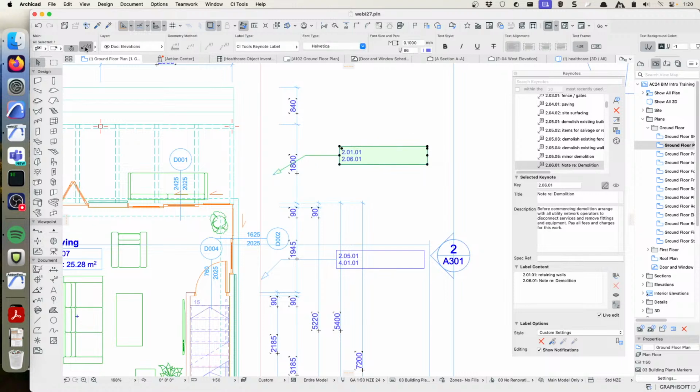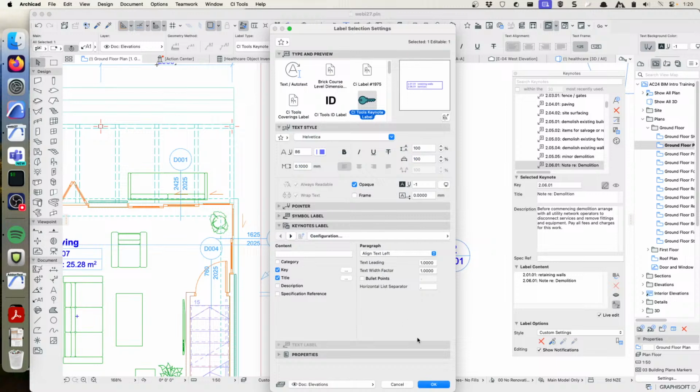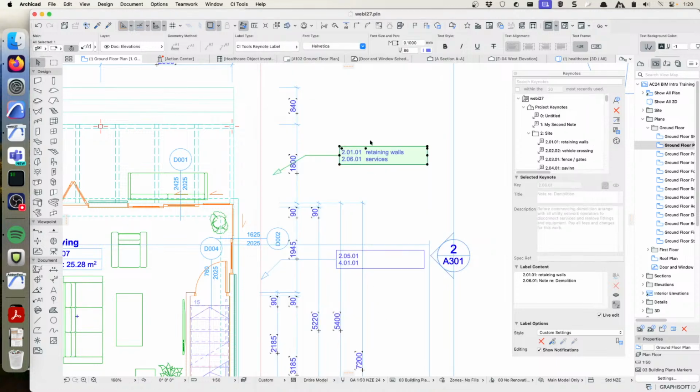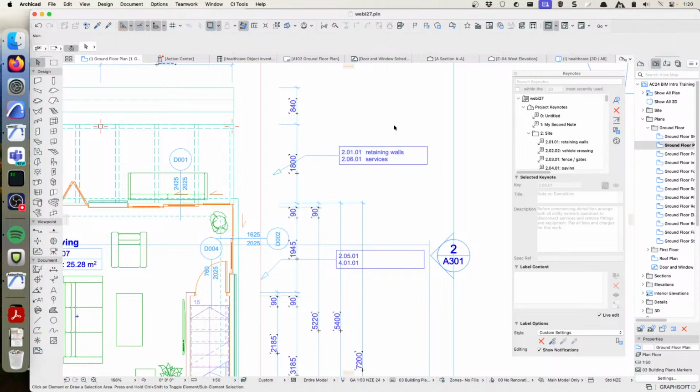However, if we go back in here and turn on the titles, we'll be able to see what's going on there. And when I do that, you'll see that it still says services. So this is the first part of the sync process, and that is keeping all of the labels in your project in sync with your database. So we've made changes to our database. What we want to do now is we want to make sure that all of our labels are up to